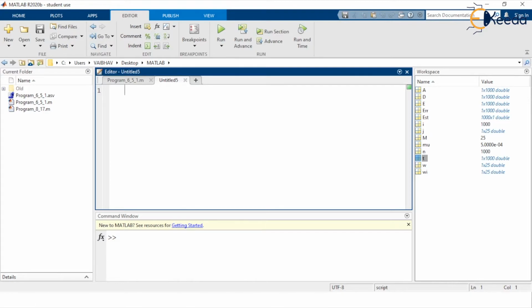In this untitled editor window, I shall first of all mention a comment line: this is a program for steepest descent algorithm.